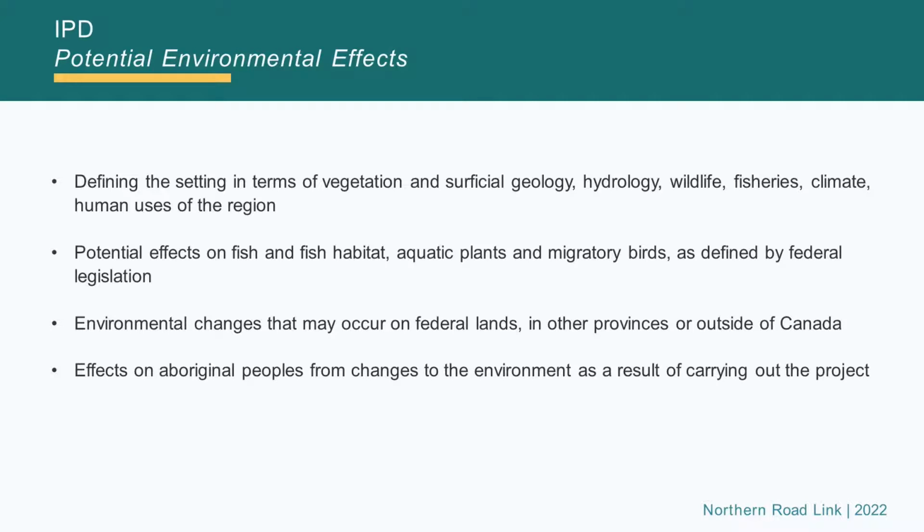And of course, another key set of effects that need to be identified are the effects on Aboriginal peoples from changes to the environment as a result of carrying out the project. Those are the potential environmental effects that need to be identified as part